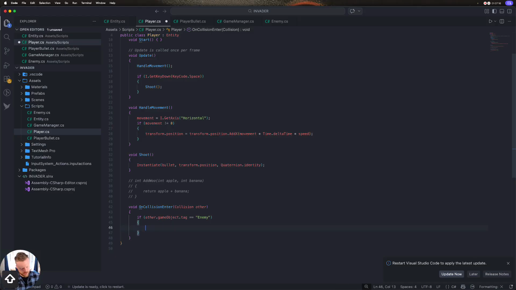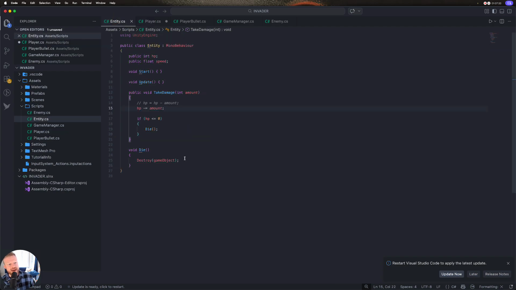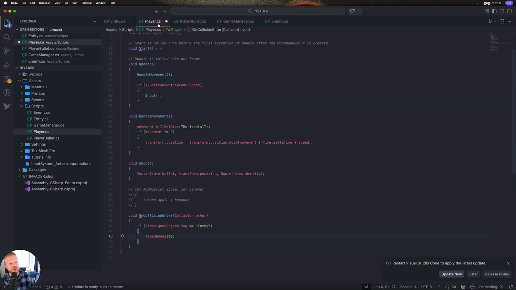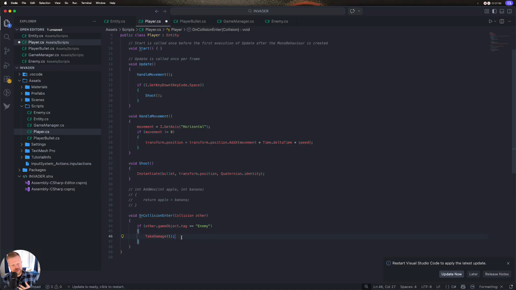we want to take damage. For now, we are going to just hard code it with a 1 because I haven't thought through how I want that to work. And then we know player knows how to take damage because we're inheriting from entity. So we have access to all of this. So that's great. But then importantly, we want to have the enemy take damage too, right? So we can't tell it to die because the die function is private, but the take damage function is public. So what we can do is say, okay, I'm going to take damage, and then I'm going to say other